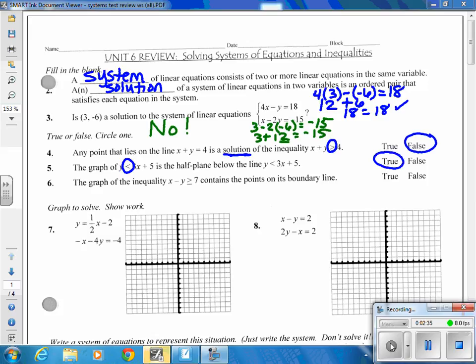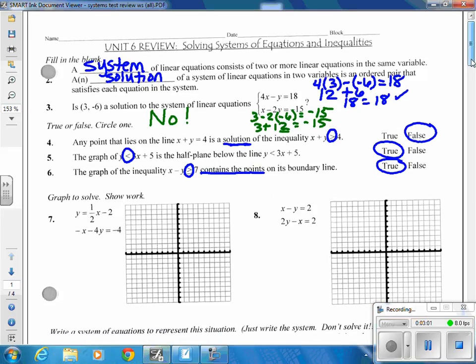For number 6, the graph of the inequality x minus y is greater than or equal to 7 contains the points on its boundary line. Because it says contains the points, that means they are on the line. Right? And again, we don't need to graph this to do this. If you look at the greater than or equal to sign, because it has that equal to piece, it contains the points. So this is a true statement. Right? So just knowing your details about your signs and your graphs, you can answer a lot of these questions